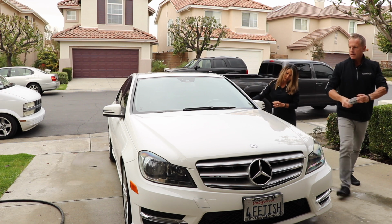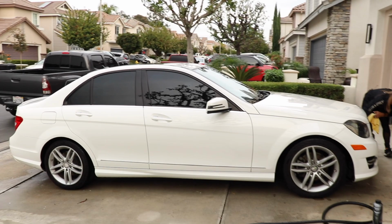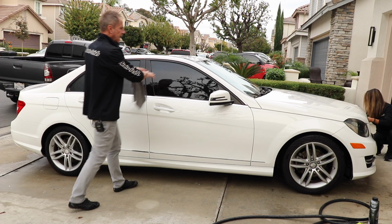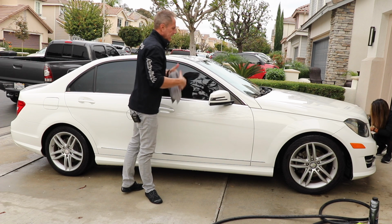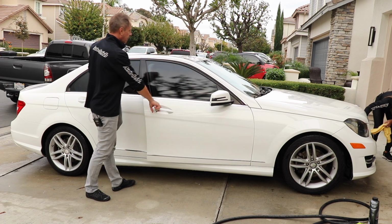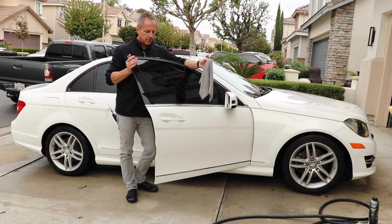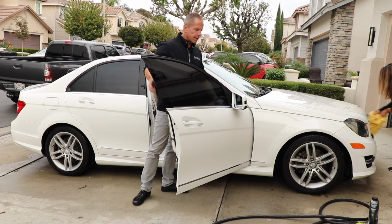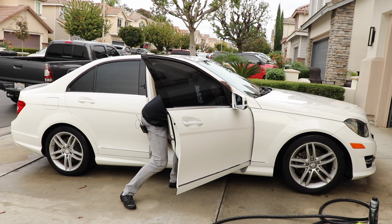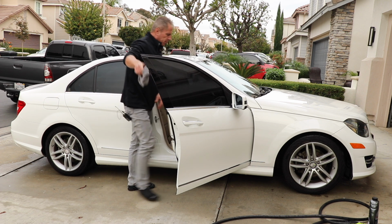So drying is pretty straightforward. What I want to illustrate is one of my added things. While you are drying off, let's pretend that this entire car is dried off. At this point, I'm not worried about water spotting or anything else. I'm going to go around and use either the same microfiber cloth or a dedicated microfiber cloth, and I'm going to wipe down the door jambs. Now the door jambs will tend to collect a fair amount of dirt, especially here at the lower part. So you may want to keep a separate dedicated cloth just for the door jambs. And when you do the door jambs,